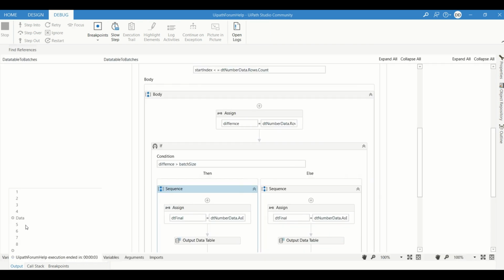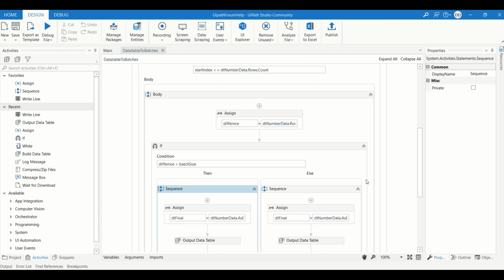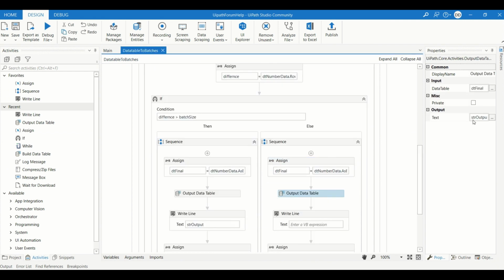If you see, okay, start index has come as empty. Let me check that. Dt final is correct.